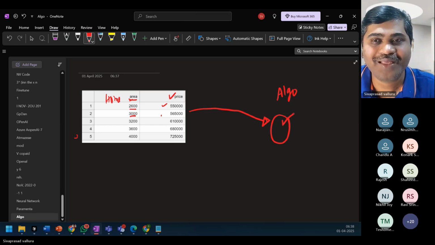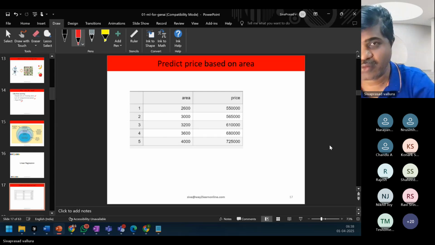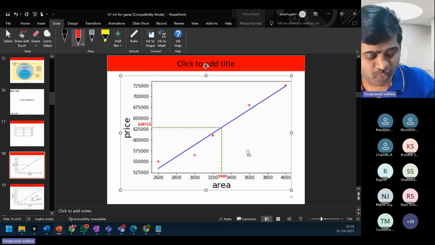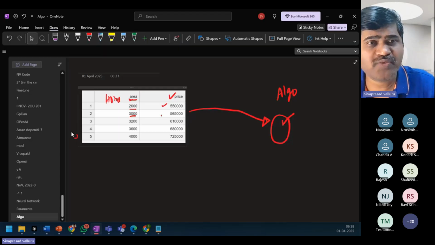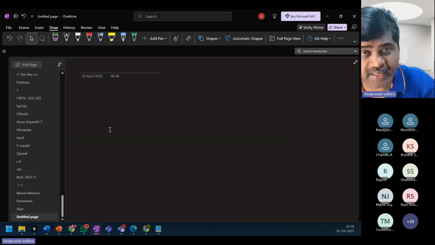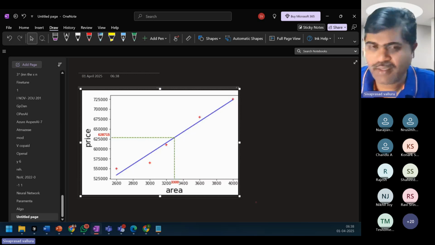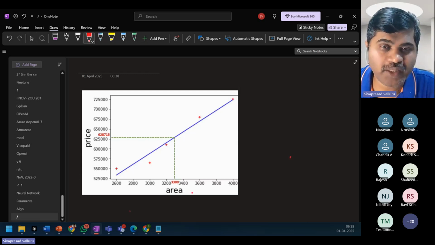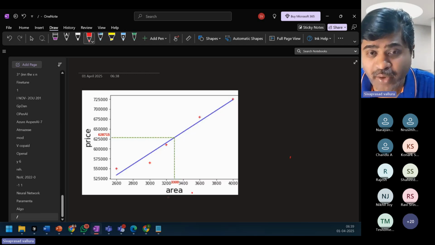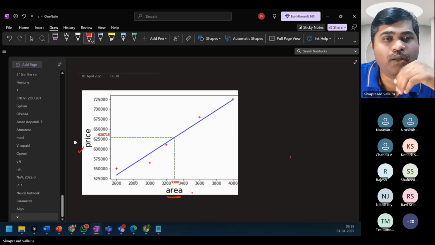Let us try to understand how it works. First of all, once we have data, we need to identify whether there is any relationship between these data points. Right now I have area and price. Assume that I try to plot them on a graph. These are the data points. I plotted area on the x-axis and price on the y-axis.